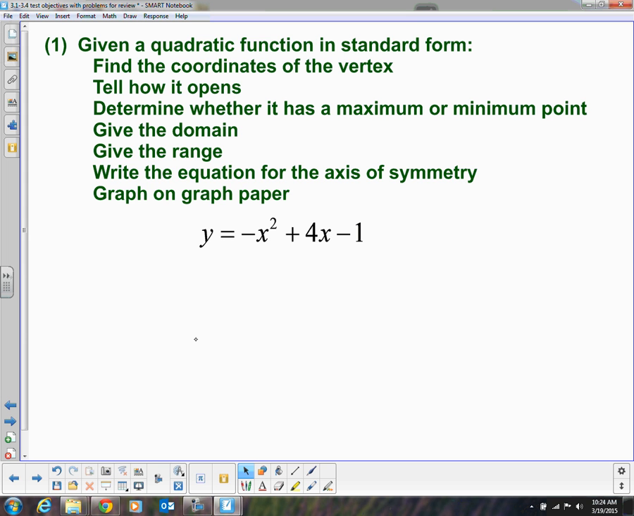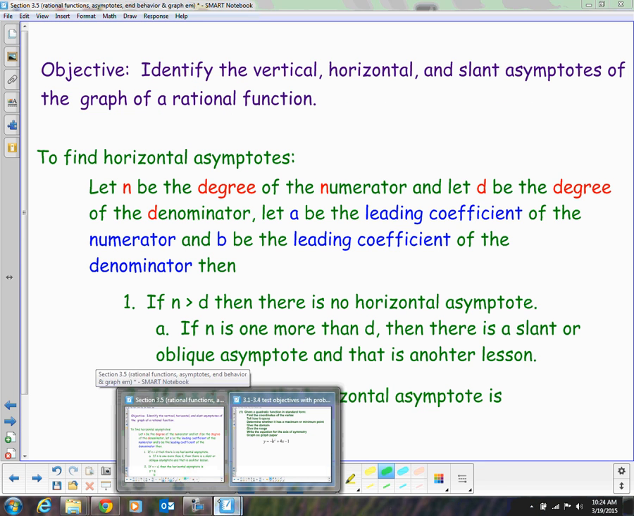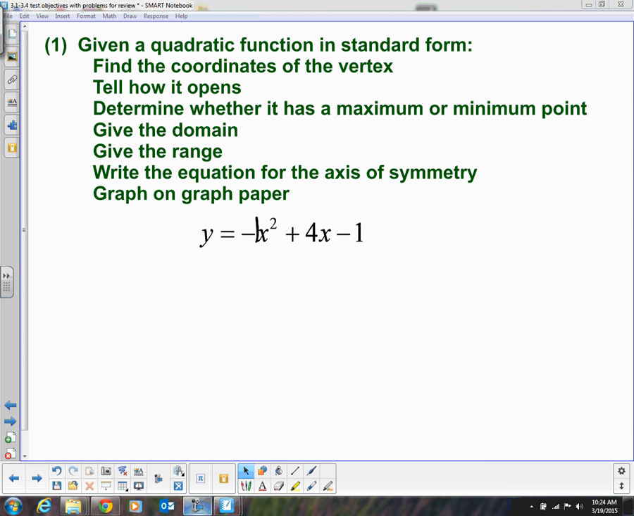Any questions? So if you want to take this negative x squared and the plus 4x and the minus 1, would that equal a homework pass? How would that equal homework pass? See what I did there? Pass. No, I'm confused. I made it into